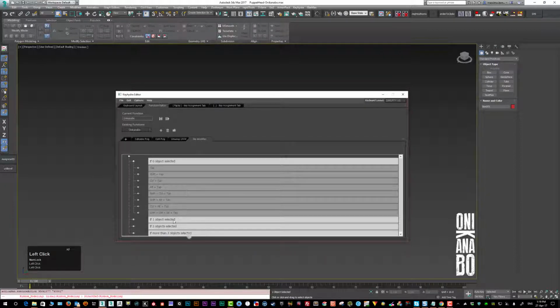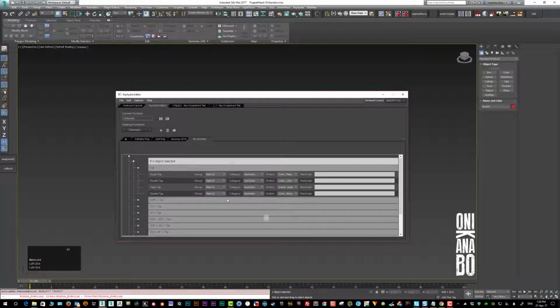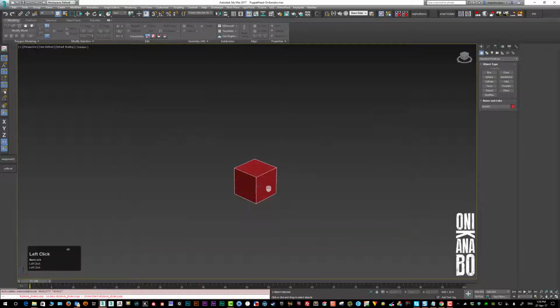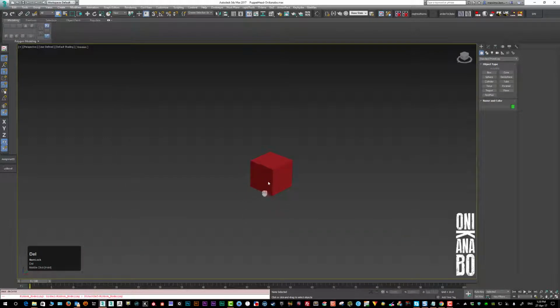Go to the case you want, and here we see which were my keys. You can also add a max script, and set whatever you want. So let's delete it for now,